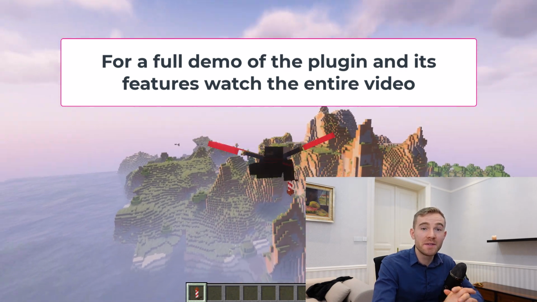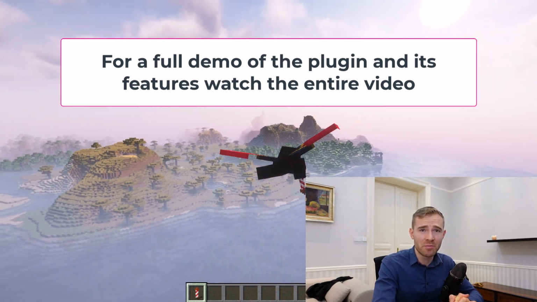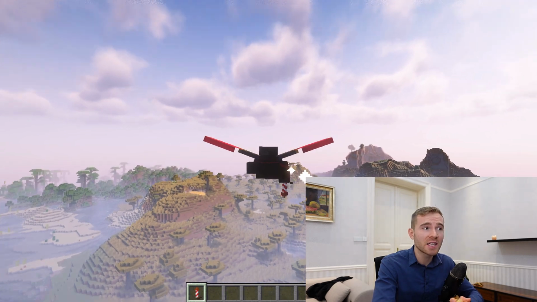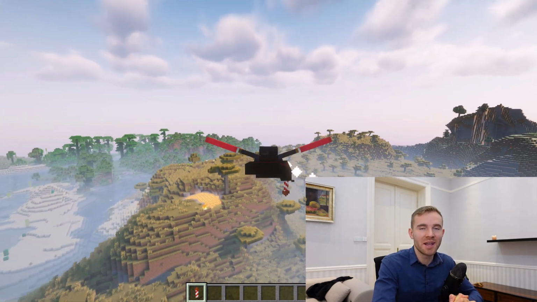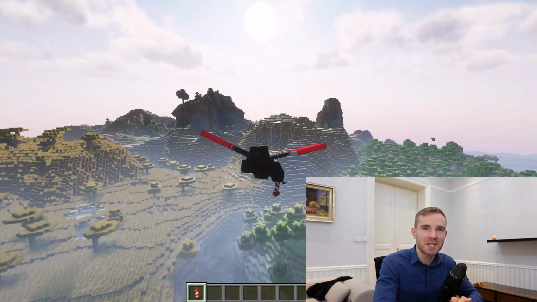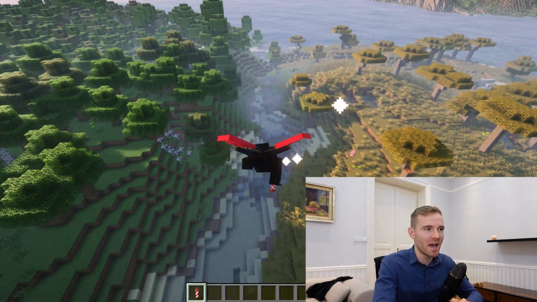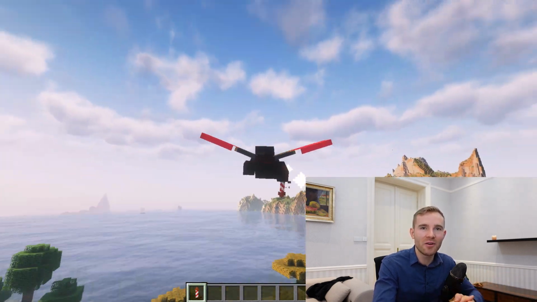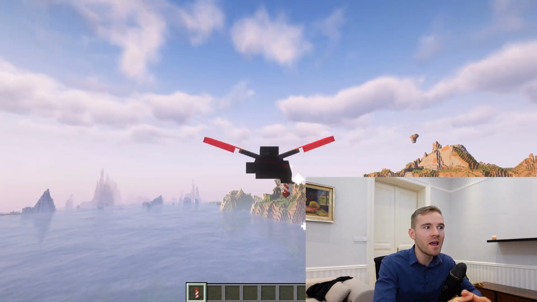ChatControl is one of the longest updated Minecraft plugins for management of chat. And since its inception in 2013, more than 11 years ago, ChatControl has received almost non-stop monthly updates. Today, we're going to be having a look at the brand new ChatControl 11,